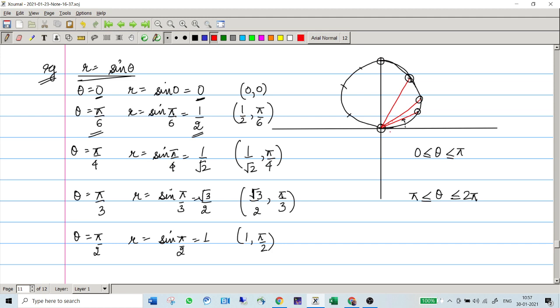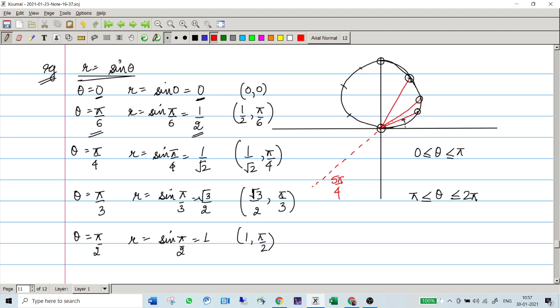So if theta is, let's say, somewhere here, say the value for 5 pi by 4, okay, this is just an example which I'm giving you right now. For theta to be 5 pi by 4, you have your r to be minus 1 by root 2, meaning you'll be traveling along this line, but in the negative sense, away from the origin. So you'll reach this point again.